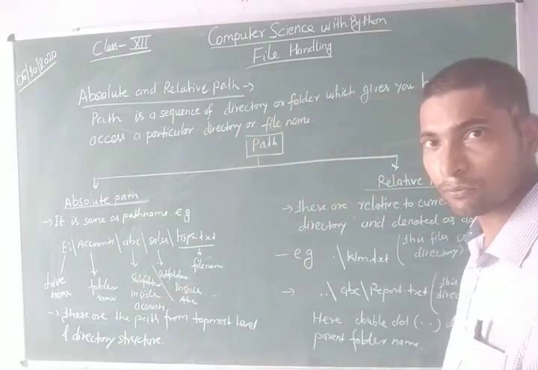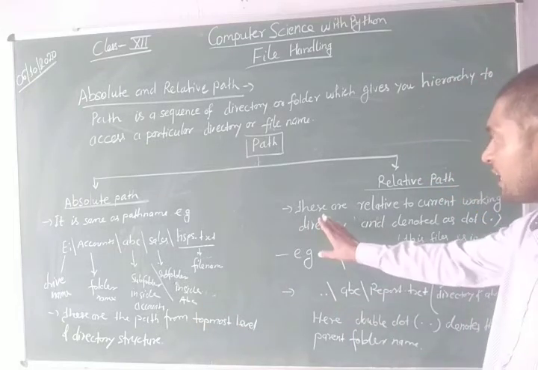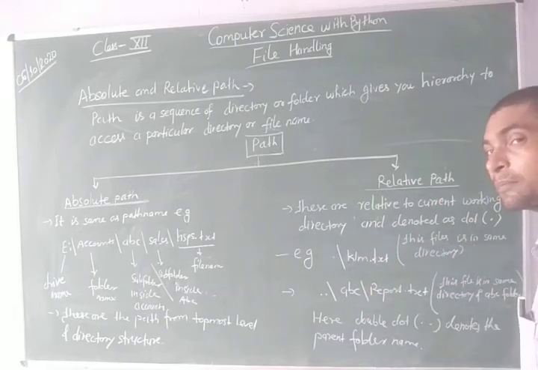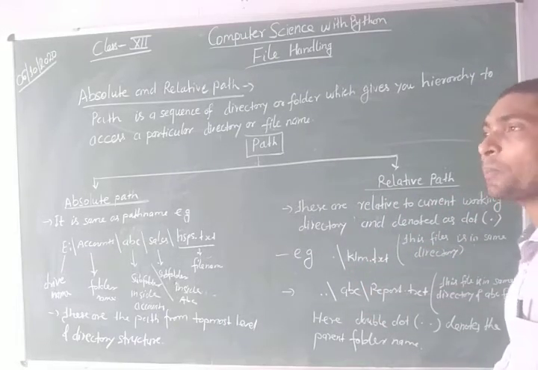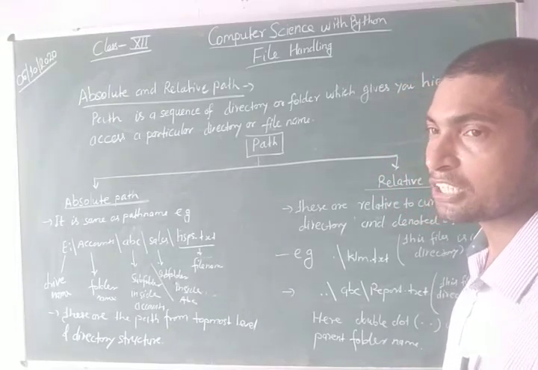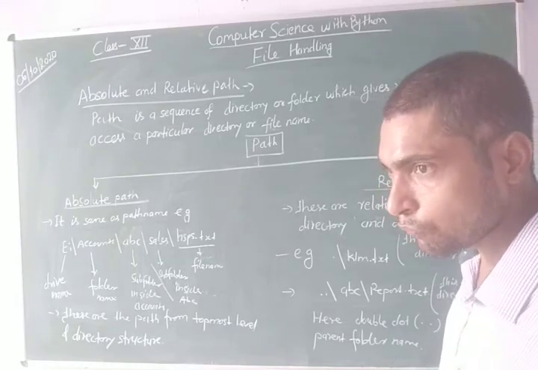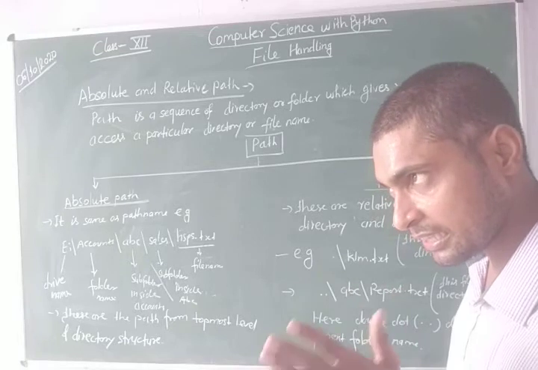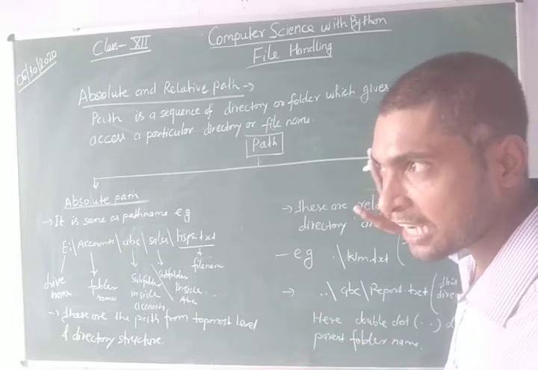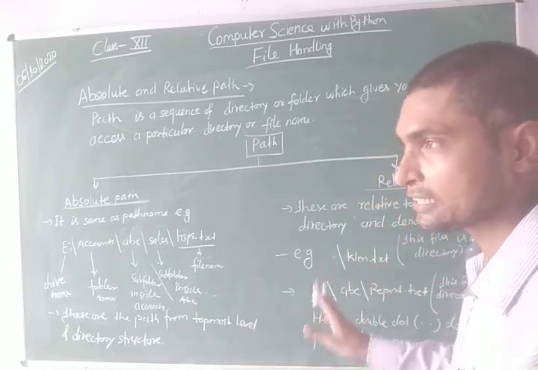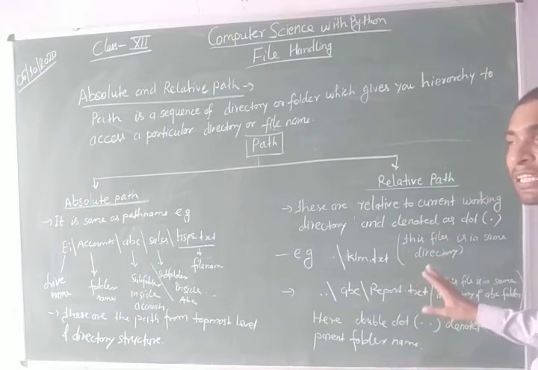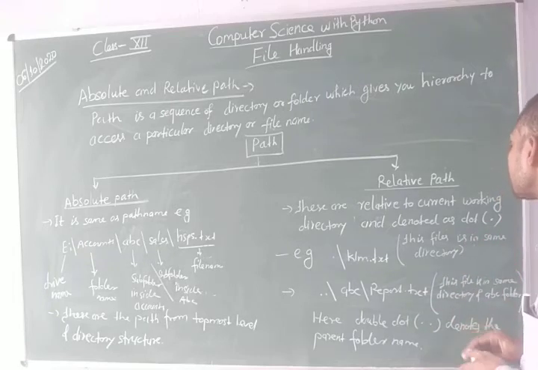First of all, know what the relative path is. Relative paths are relative to the current working directory. It means as soon as you open the file, in whichever directory you are present, your file will be in that place. So in this method, there is no need to mention the drive name, folder name, subfolder name, etc. In this method, you only have to mention your file name with some notations. The notations are single dot and